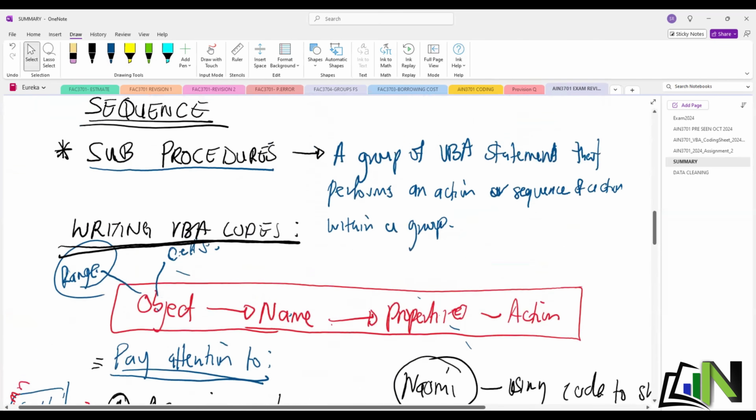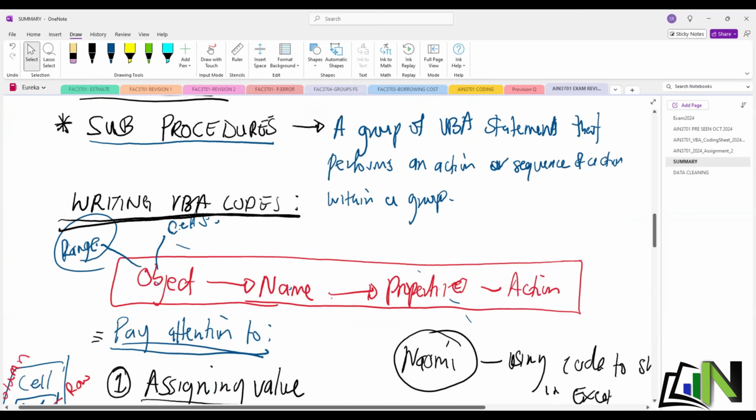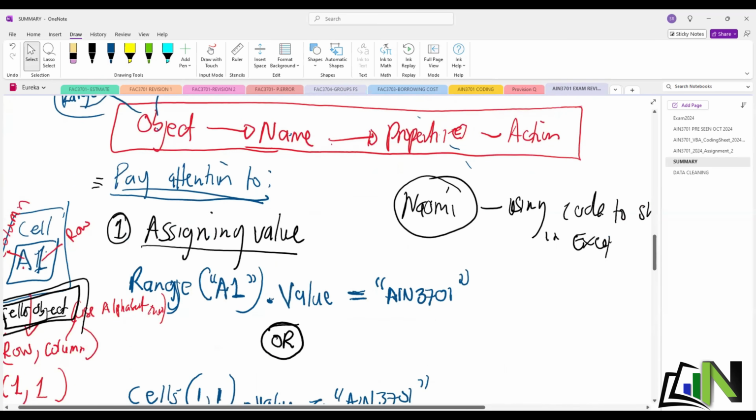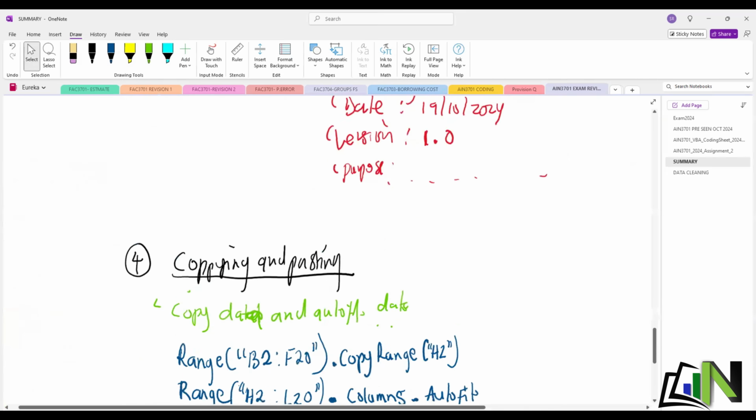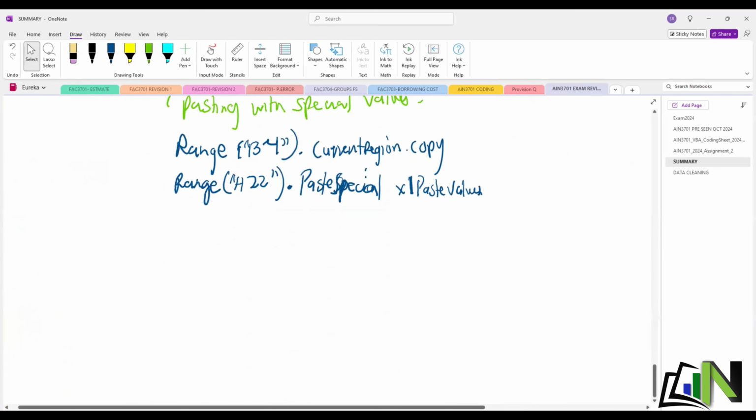Let me just go back. Where did I start? Writing VBA code, pay attention to. Yes, this is what you pay attention to. This is the beginning of VBA codes. If you miss this part, where we are going, you're not going to get it. Because this is the beginning. It all comes back here. But we keep building as we go. We're going to build on to this as we go. All right. Then,